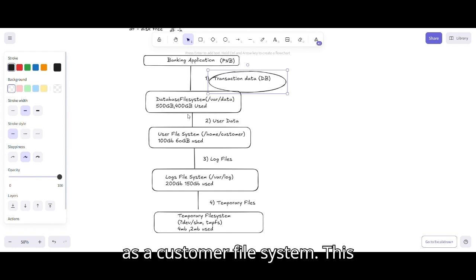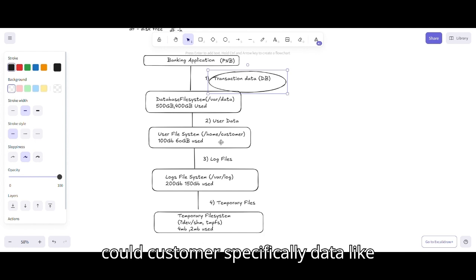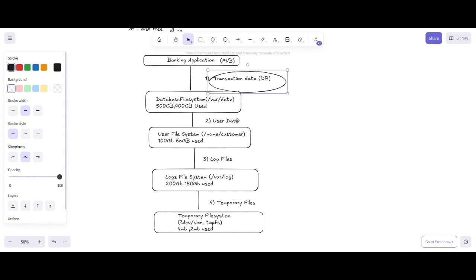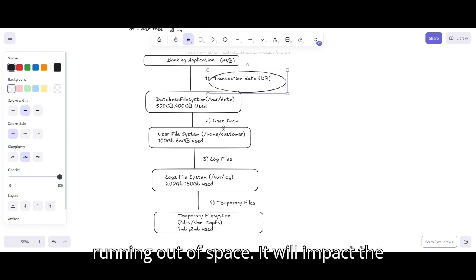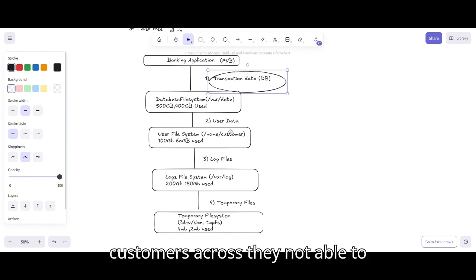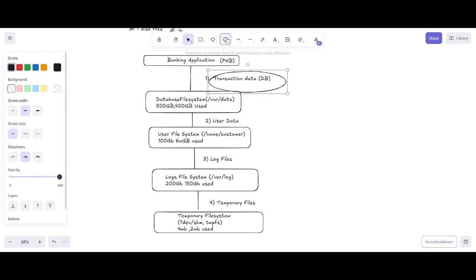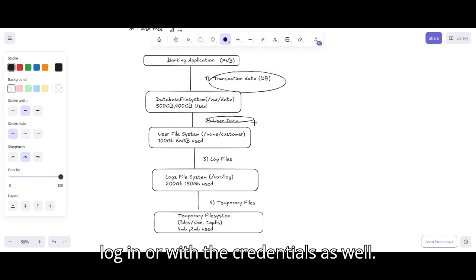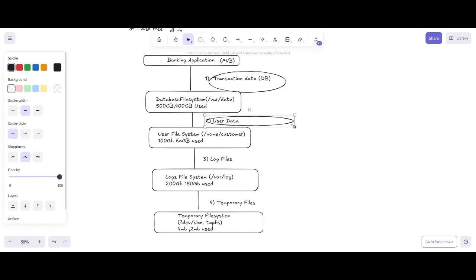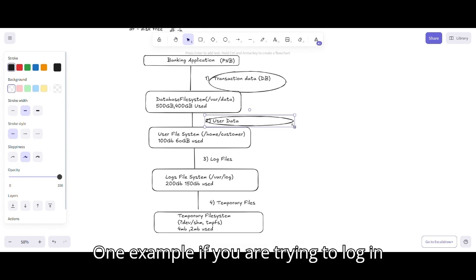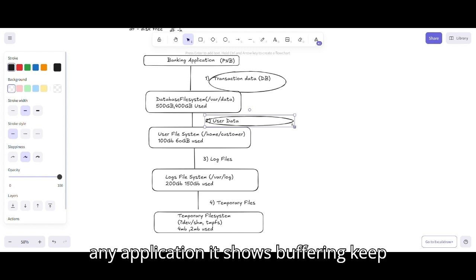So let's go to the user data. This is also called the customer file system. This holds customer-specific data like their profiles and contact details. Monitoring disk space here is critical, as running out of space will impact the customers if they are not able to log in with their credentials, or it will take so much time. For example, if you are trying to log in to an application and it shows buffering and keeps on running,